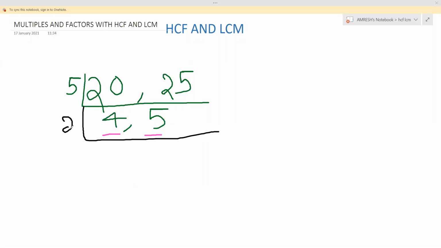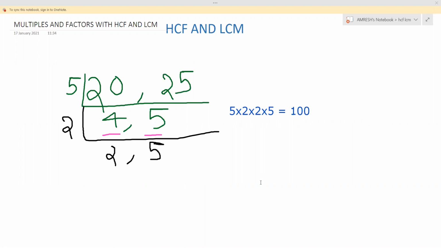2. Now you will ask the question: if we take 2, nothing comes for 5, right? It will not come, so just leave it as it is. 5 did not come, leave it like that. 5. Okay. 5, 2, 2, 5, the same method. Now 5 into 2 into 2 into 5, same 100.